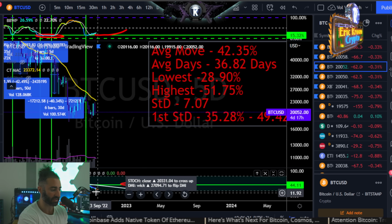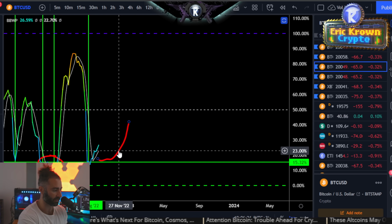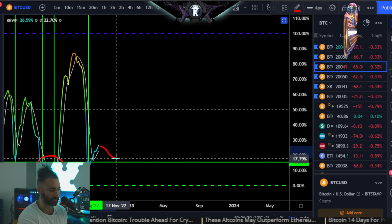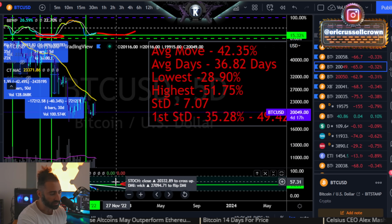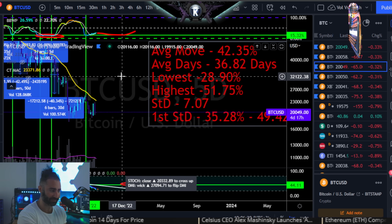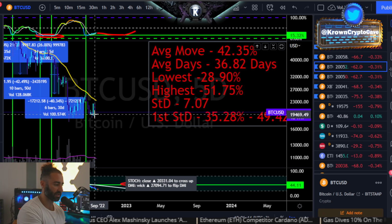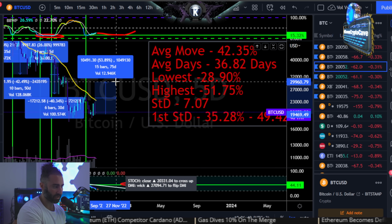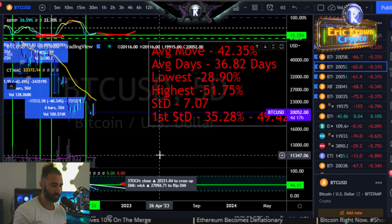Of course, could it be that Bitcoin flips back around, resets the volatility signal over here, which would look something like this. If you do see something like this, then this would be pretty bullish. But if it were to come back down, reset around extreme lows, and then expand, and then we saw the 5-day stochastic oscillator point to the upside, this is a lot of ifs, by the way, then I suppose we could apply that to the upside as well. And 35% would put Bitcoin at 26,500 bucks. 50% basically puts Bitcoin at about 29. So a lot of very similar numbers right here, obviously,